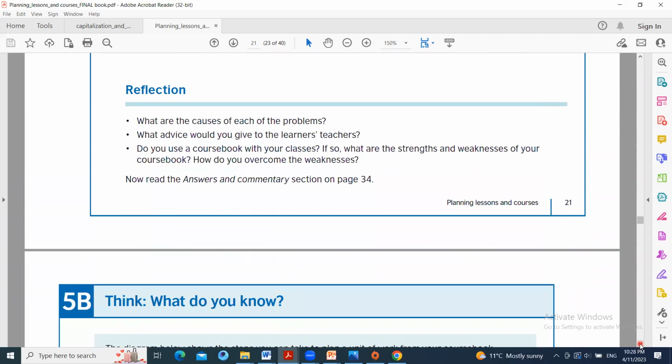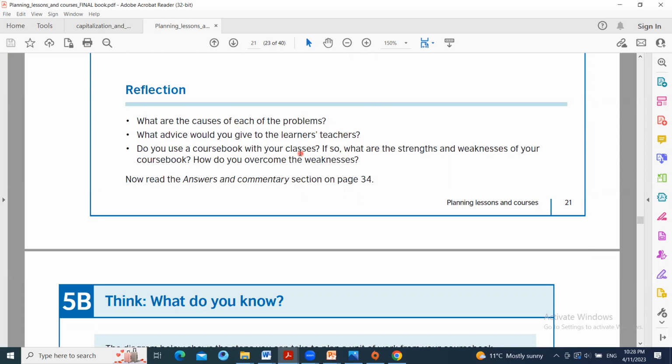What about reflection? Here we have some questions. What are the causes of each of the problems? Just think of some reasons. What advice would you give to the learners, teachers? If you have something more to add, you can write it down. Do you use a coursebook with your classes? In case you are teaching at school,